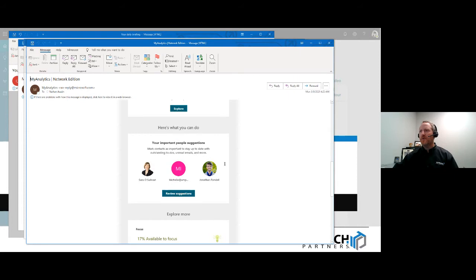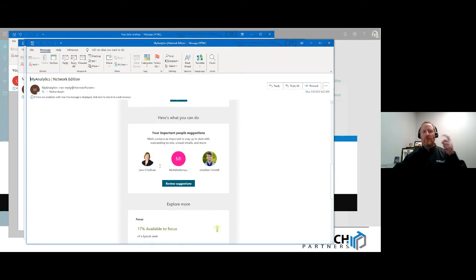And then important people suggestions, like if there's people that I want to flag. When you flag people as important, it gives an indicator to Cortana that, hey, if there are emails that are unread from these people, could you remind me? Or if there's actions that you committed to in a communication with these people, remind me. So it gives you some additional reminders by just flagging key folks as important, such as you not wanting to miss their email, not wanting to misread their email, or not wanting to miss an action item for those folks.